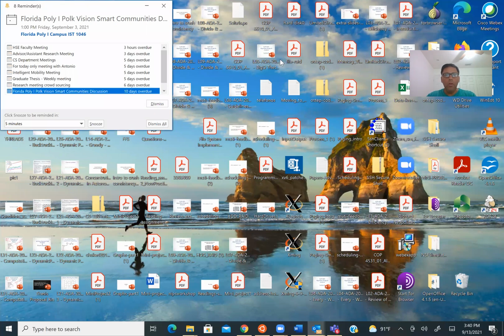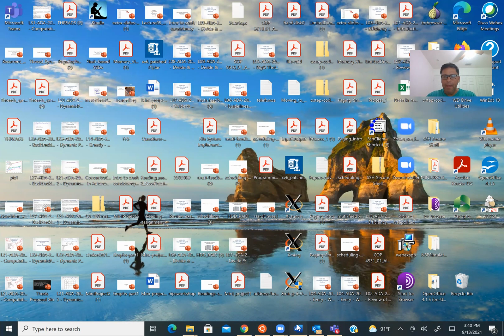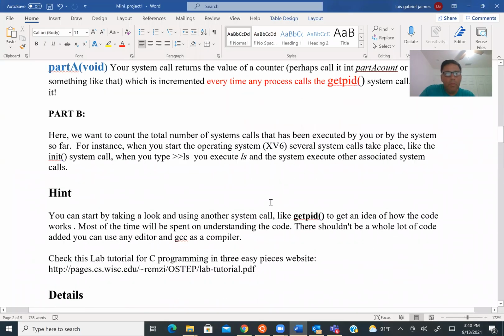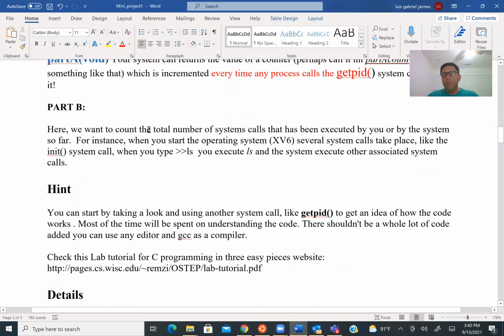Okay, so let me talk a little bit about Project Part B. What is Part B about? Here we want to count the total number of system calls that have been executed by you or by the system so far. So in this case, we are going to count any number of system calls. Part B is pretty much like Part A, so you have to modify basically the same files,